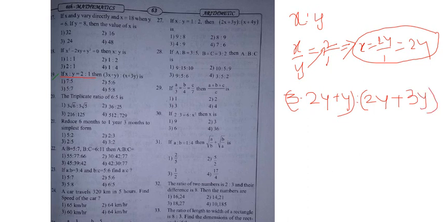Now see that here 3 into 2 is 6, 6y plus y, can I write 7y? Yes. Here 3 into 2 is 6, 6 into y is 6y, 6y plus 1y is 7y. And here, 2y plus 3y is 5y. Now in both the cases y is common, can I cancel y? Yes. Now your answer is 7 is to 5. 7 is to 5 is your answer.